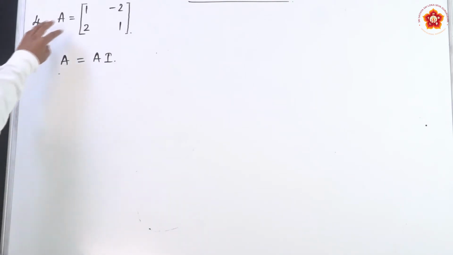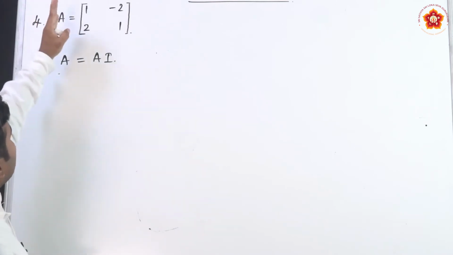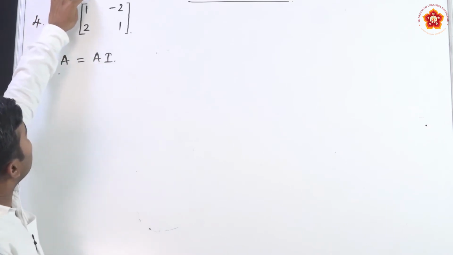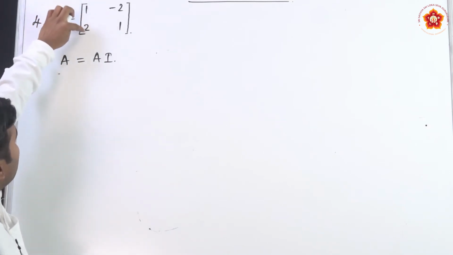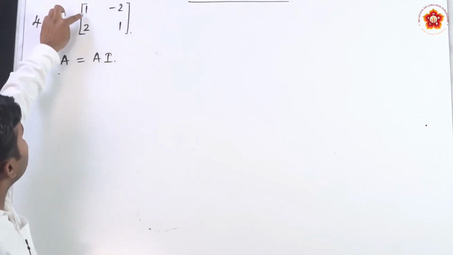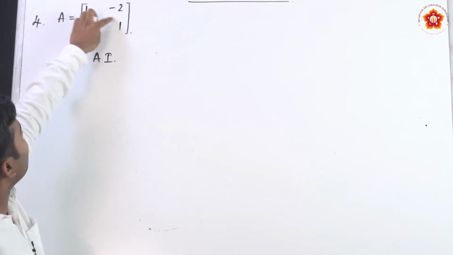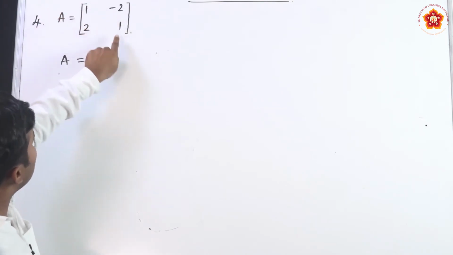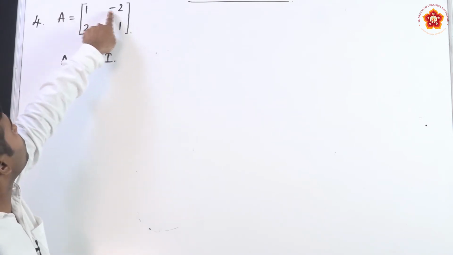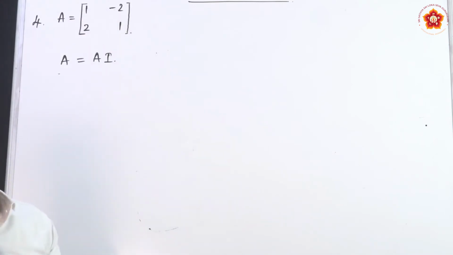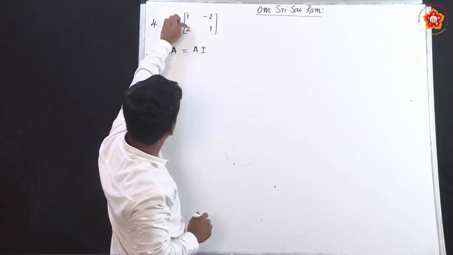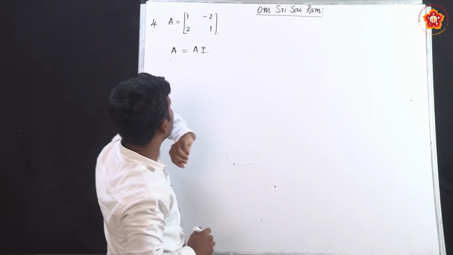While applying the column transformation, one thing we should observe here: the elements of C1 are 1 and 2, and the elements of C2 are minus 2 and 1. The corresponding element of 1 is minus 2 and the corresponding element of 2 is 1, as well as the corresponding element of 1 is 2 and the corresponding element of minus 2 is 1 while doing the column transformation. If you want to use row elementary transformation, the corresponding elements are this, as we discussed earlier.